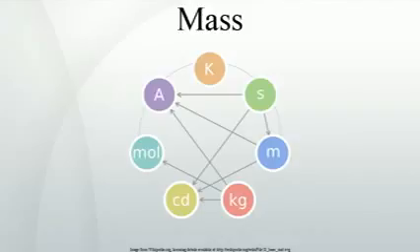Other units are accepted for use in SI. The ton, t, or metric ton is equal to 1,000 kilograms. The electron volt, eV, is a unit of energy, but because of the mass-energy equivalence it can easily be converted to a unit of mass, and is often used like one. In this context, the mass is in units of eV/c². The electron volt is common in particle physics. The atomic mass unit, u, is 1/12 of the mass of a carbon-12 atom, approximately 1.66 x 10^-27 kilograms. The atomic mass unit is convenient for expressing the masses of atoms and molecules.